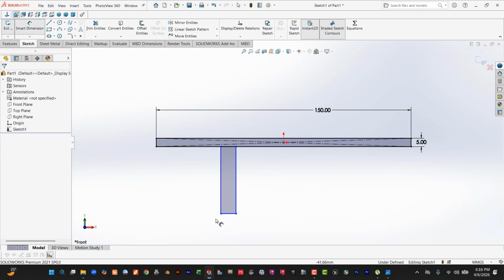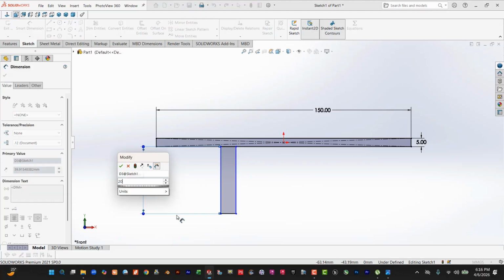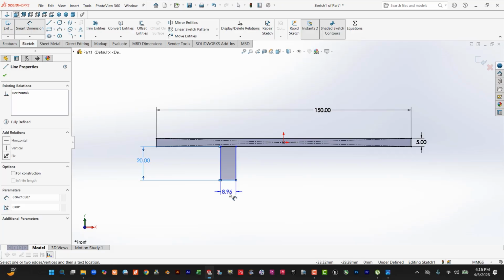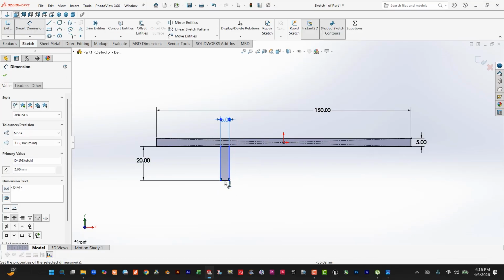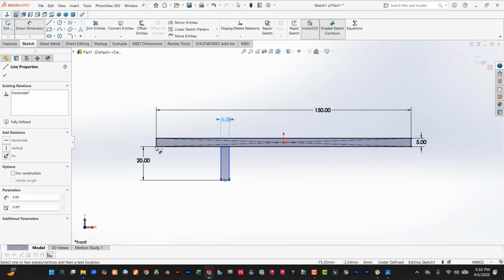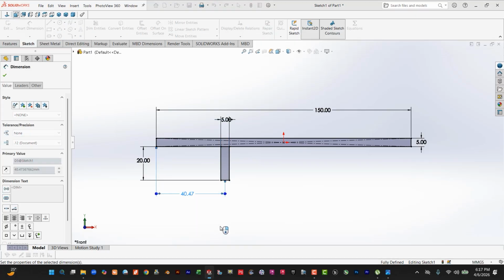Then draw a corner rectangle like this, okay. Smart dimension, the distance from here is 20 and this dimension is 5. The distance from here to here is 45,